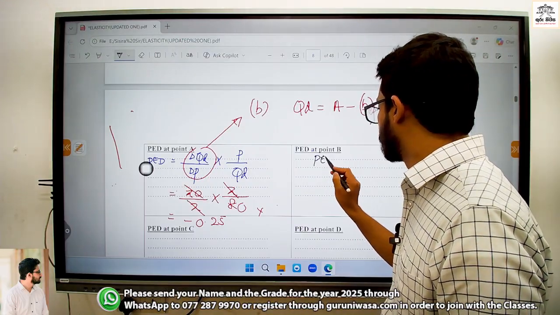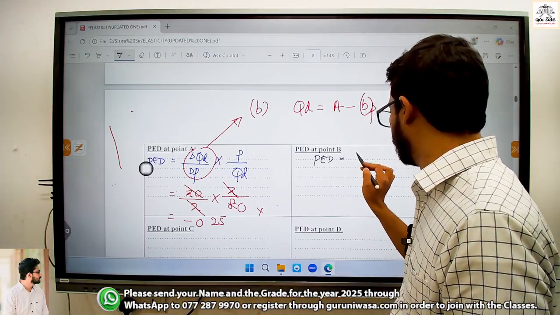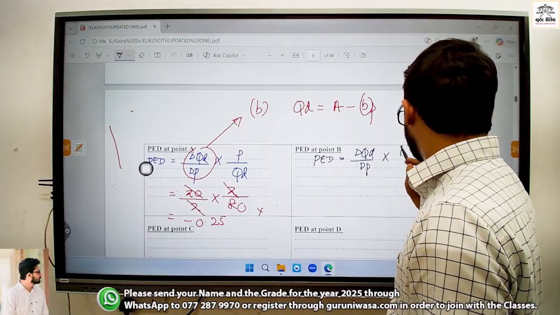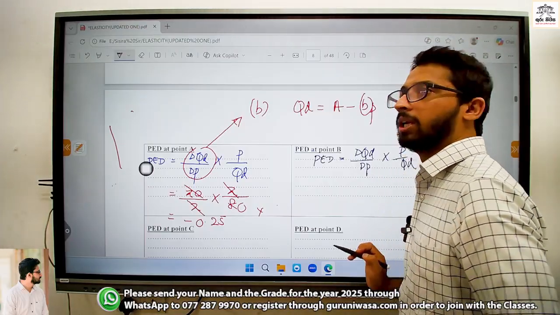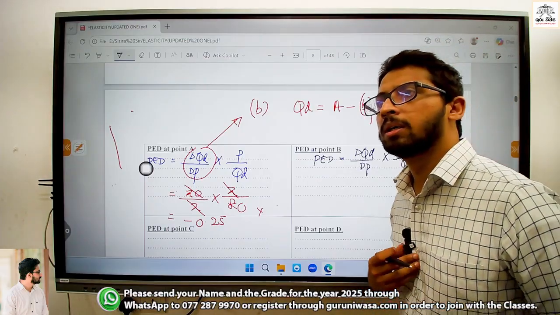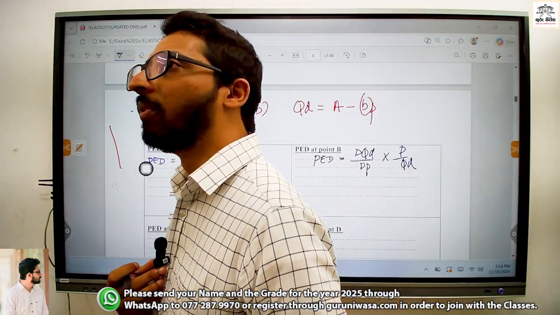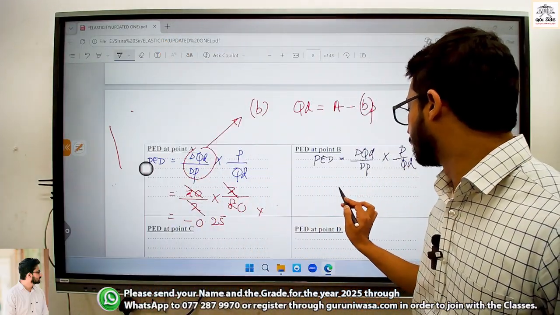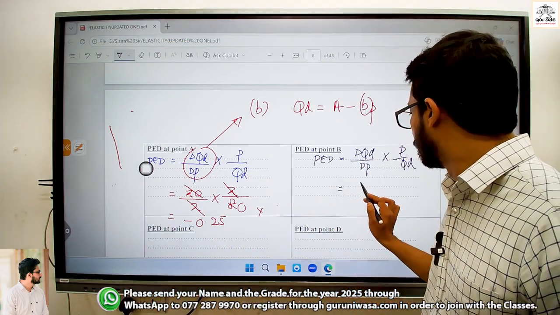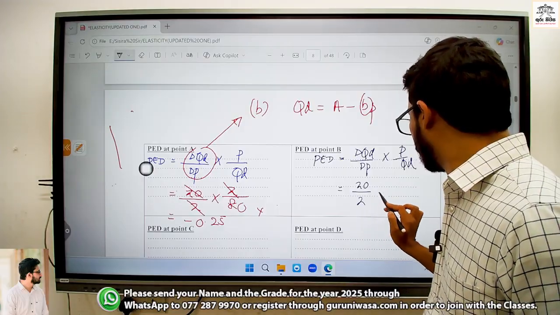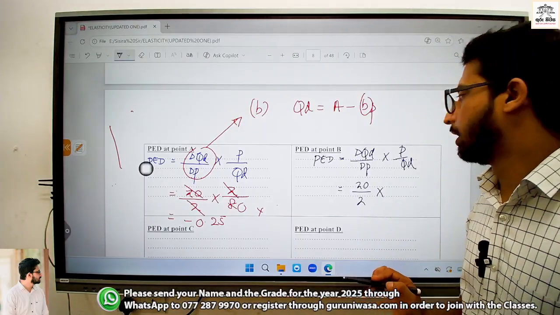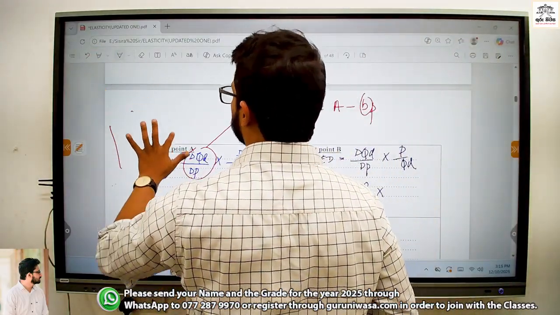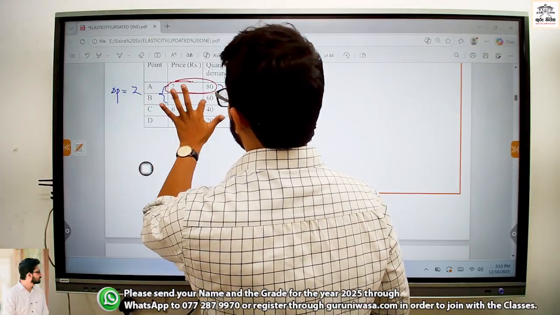PED equals same equation. At point B, same delta QD over delta P into P over QD. How much? 0.96? We'll see. First part doesn't change, right? 20 divided by 2 into, at point B the price is 4, right? Yes, at point B price is 4,